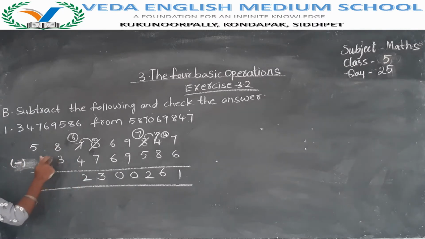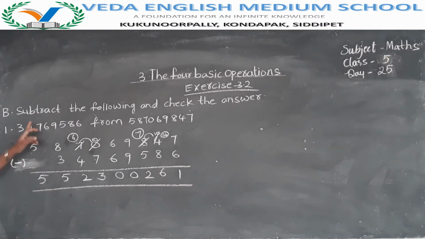Now 8 minus 3. 8 లో నుండి 3 subtract చేస్తుంటే 5. From this 5 there is no number to subtract, so you have to write that 5 as it is. ఈ 5 లో నుండి ఏ నెంబర్ సబ్ట్రాక్ట్ చేయడానికి లేదు కాబట్టి 5 as it is రాయాలి. Now subtract the following. Subtraction is completed.